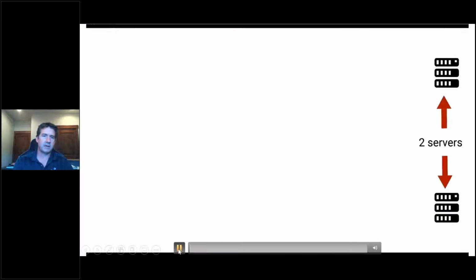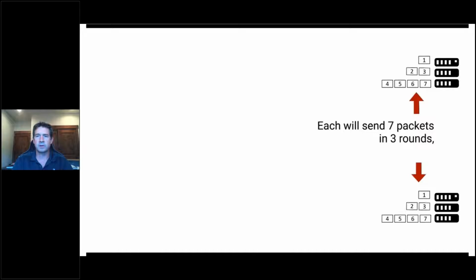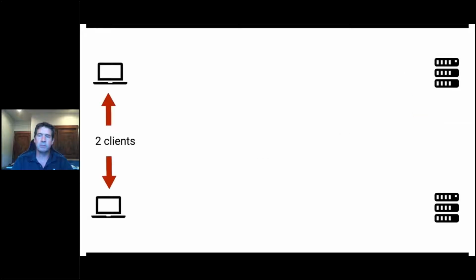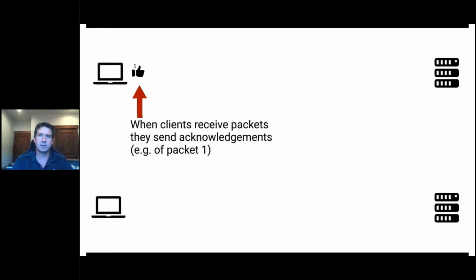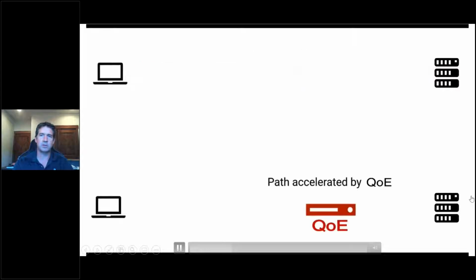This little video I have is a really good illustration, makes it much easier for me to explain how this works. Essentially, on the right-hand side of the screen, we're going to be sending 3 rounds of packets: the first packet, then 2 packets, and then 4 through 7 is the 3rd round of packets. We've got the internet, or data center, on the right, and then the client on the left. And both paths are 5 seconds. This is an actual test. We just put it in a Visual Basic